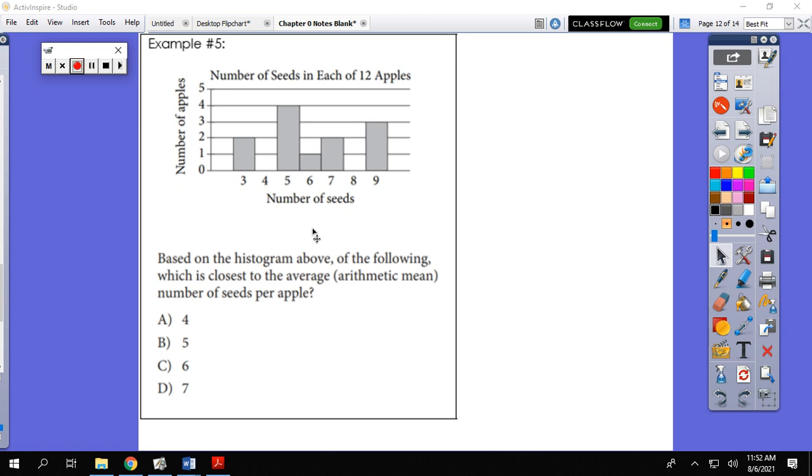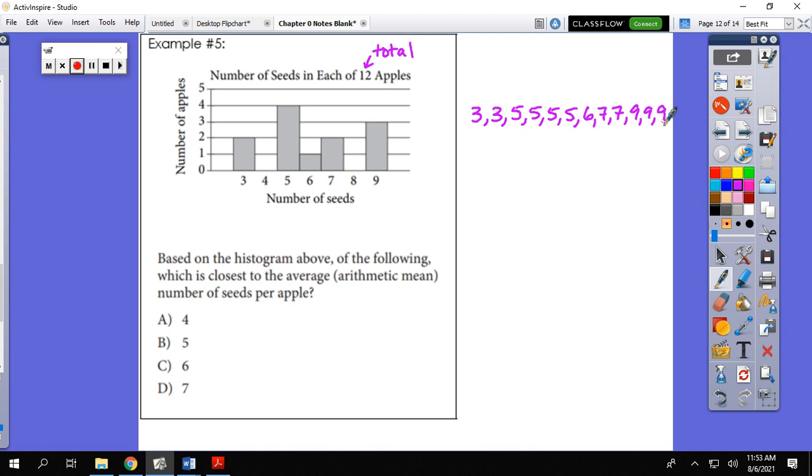So here we have a histogram, which is really just a bar graph showing the exact values of the number of seeds in each of 12 apples. Okay, so when we look at that, that tells us something we need to know. That tells us that our total, when we're finding our mean, our average, is 12. So what we do is we add up the data set. Well, the data set has 2 3s, 4 5s, a 6, 2 7s, and 3